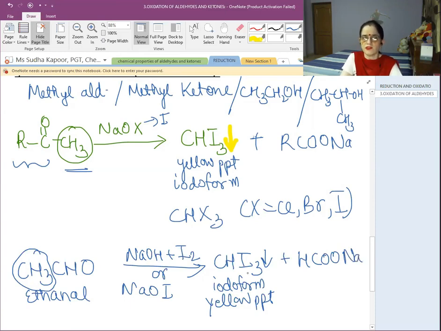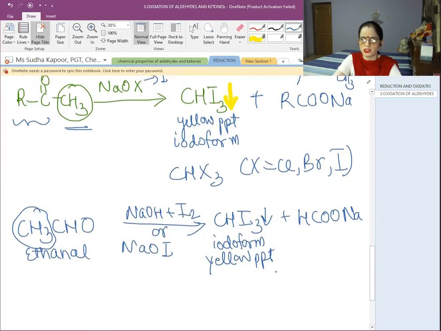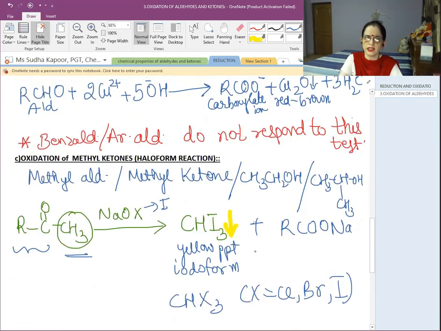So these reactions are very, very helpful to identify whether the methyl group is attached to the carbonyl part or not. So iodoform reactions with sodium hypohalide, we used to call it haloform reaction if we have taken X. If I have taken X, then I would be writing it as CHX3. If I have taken I, then I would be writing it as CHI3. The yellow color can easily be detected. So basically, this reaction is used in terms of iodine only, and the product formed is known as iodoform.